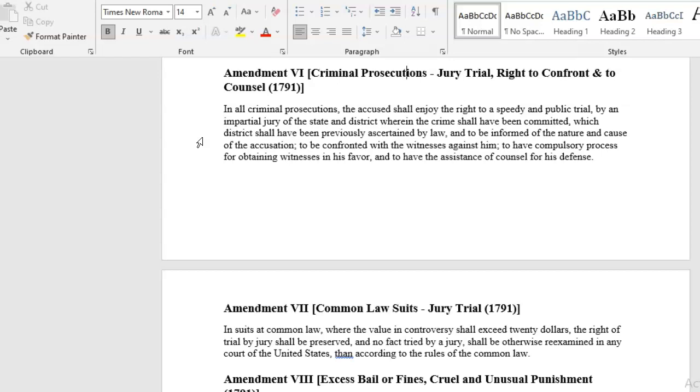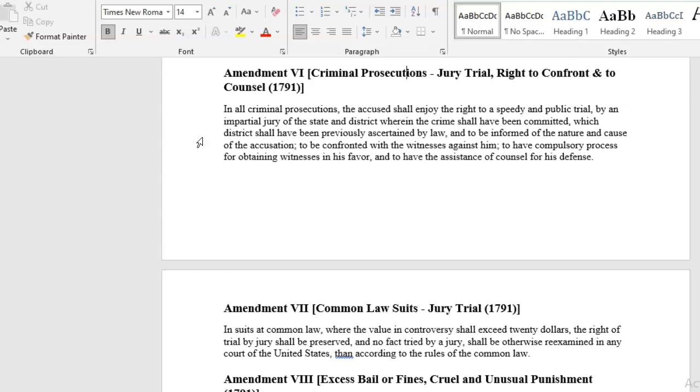Let me see who's saying this about me. They also have the right to a compulsory process for obtaining witnesses in his favor. So you're allowed to summon witnesses to come and testify in your favor, and to have the assistance of counsel